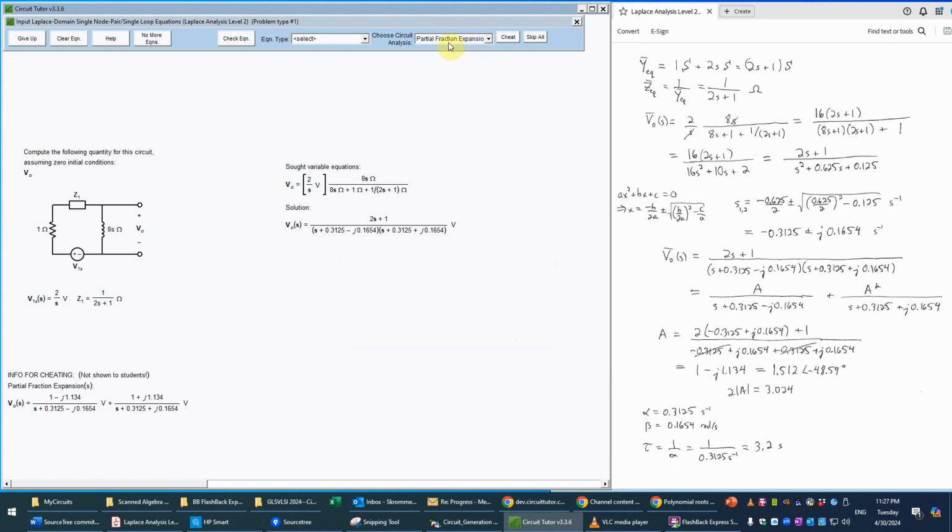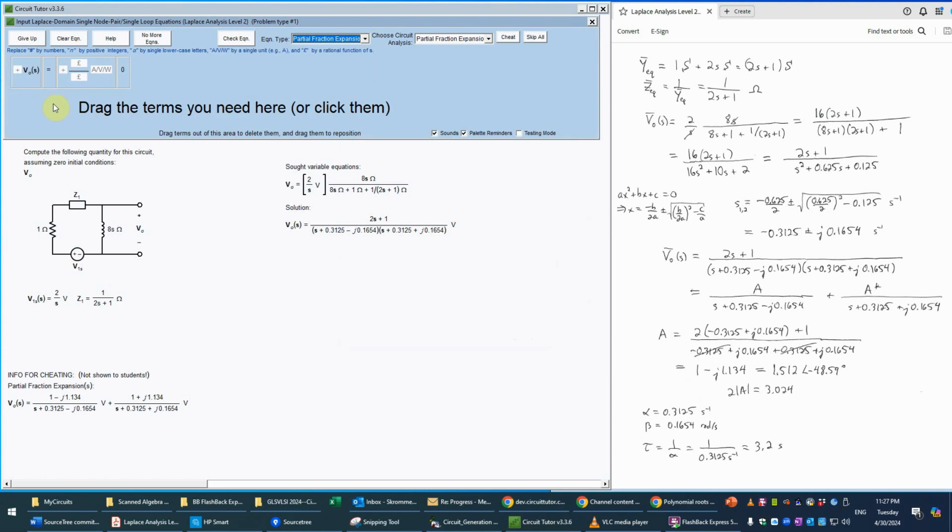Okay, so it's put us into that mode, and then we select the only option, the partial fraction expansion, and we're going to do V naught of s, of course, so we put that as our sought variable, equals, and then we have to decide the number of terms. Well, there's two poles here, a complex conjugate pair, so we need, therefore, two terms for the expansion. And since it's a voltage, those are both going to be volts, so I'll put that in as volts now